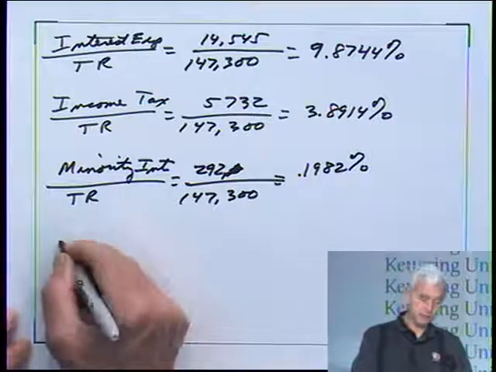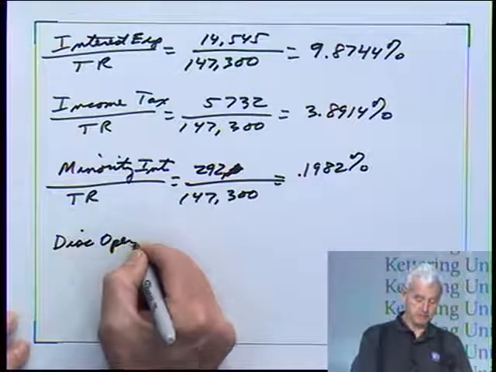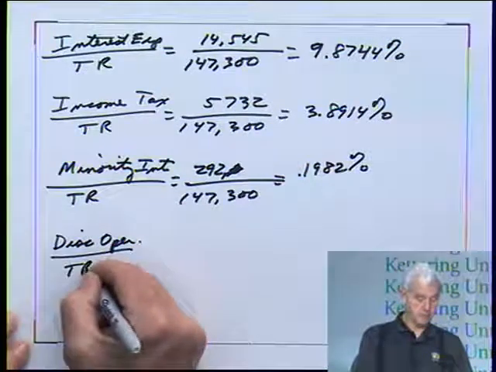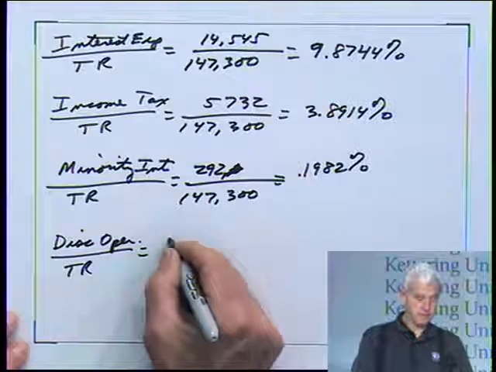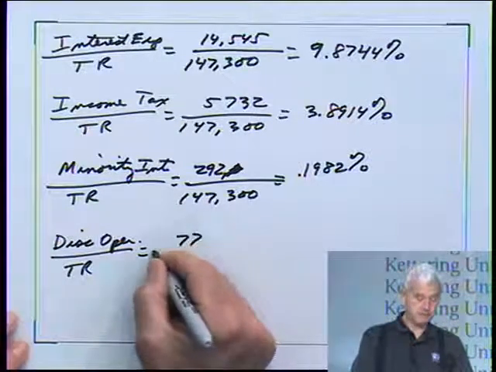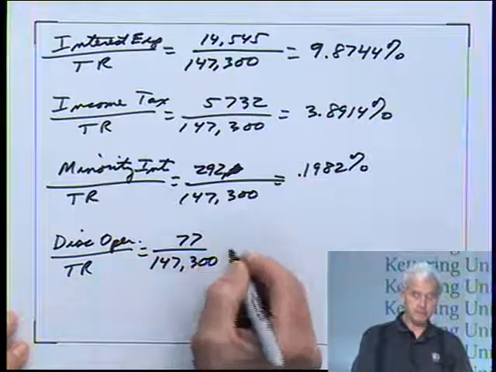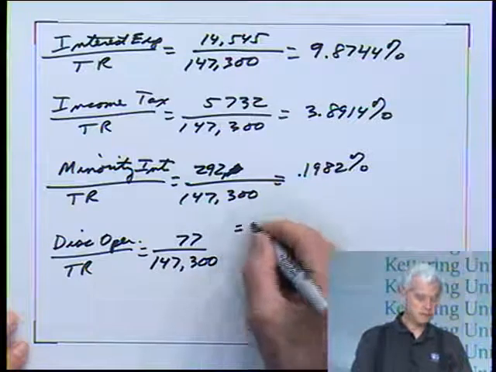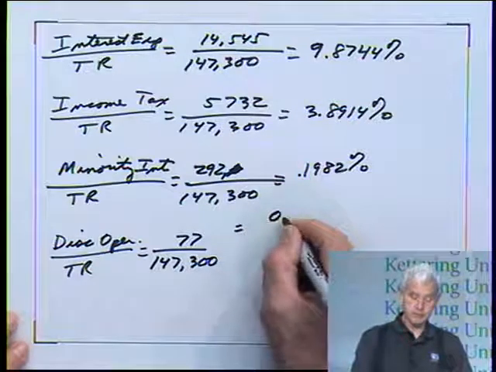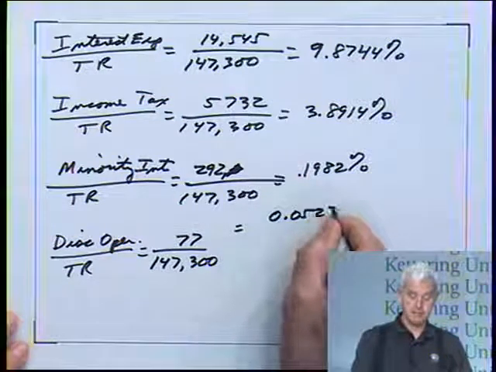And then the last one is discontinued operations over total revenue. And that was 77 over 147,300. And that's equal to 0.052 sequential. If you wanted